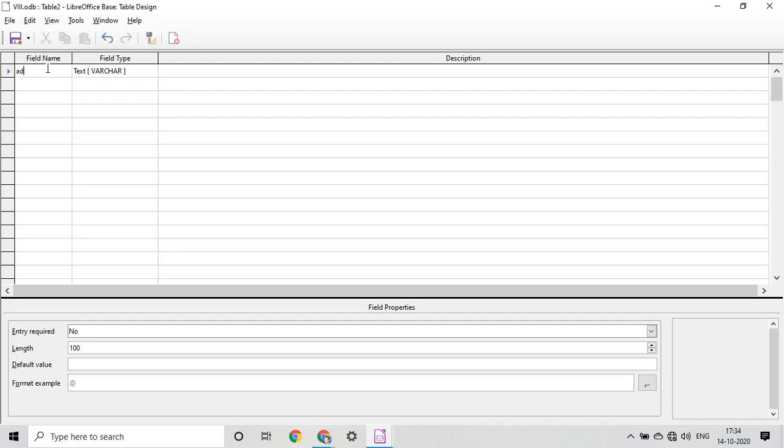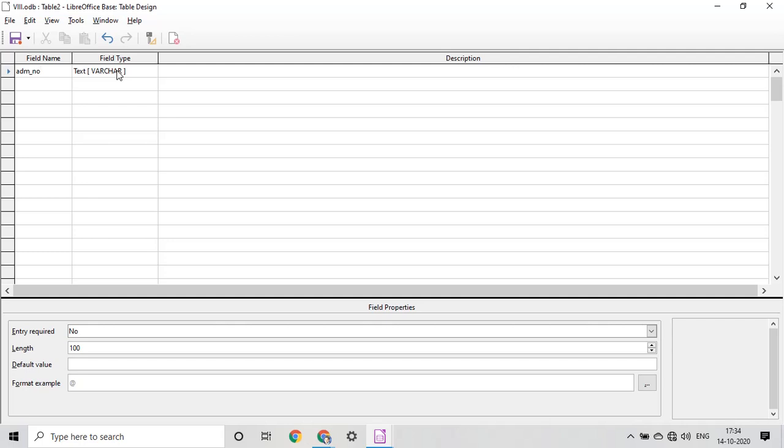This is admission number. This is the field name. When you enter the field name, after this you have to enter the field type. Now you have to decide which field type is used for admission number.